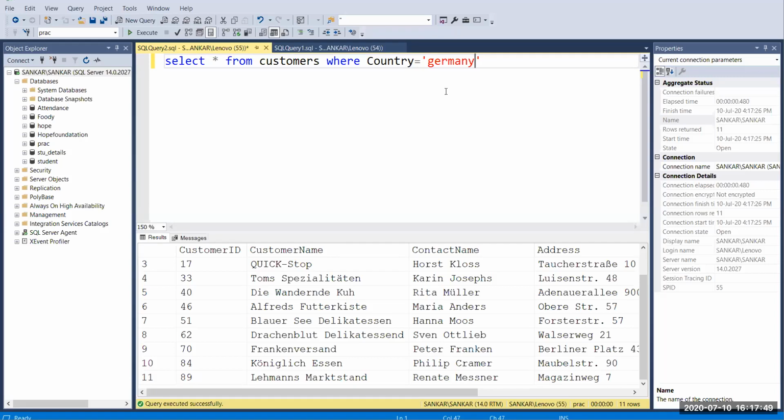If you want to get the Quick Stop customer name, if you want to print the Quick Stop customer's details, just pass customer name here, then give equals. Inside the single quotes you have to pass the name, that is Quick Stop.